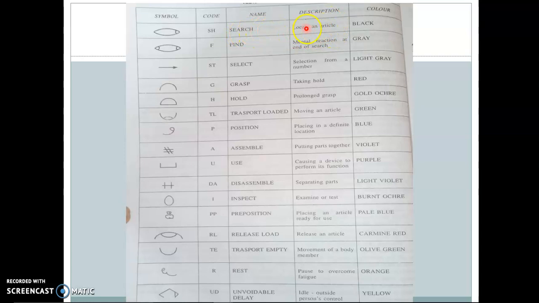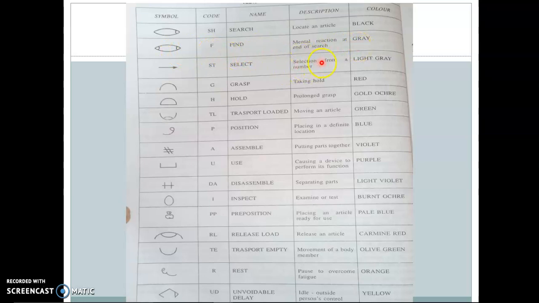For finding an article, we can use this symbol. The color is black. Similarly, for mental reaction at the end of search, that means if we experience or get a feel at that time, we can use this symbol with the code F and its color is gray.